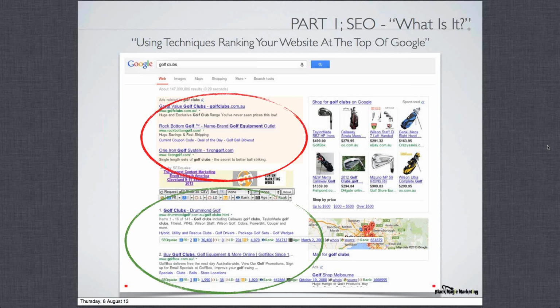You pay Google to be there, and you get charged every time someone clicks on your website in that red circle. The green circle is the natural search listings, and that's where doing SEO over a period of time will get your website to end up. That's a really good spot to be, because you sit there for free. It doesn't cost you anything. You'll just get traffic every day, every month, every year, as long as you stay in the top 3 to 5, which is where most people will search for a given term, and you'll benefit from it.